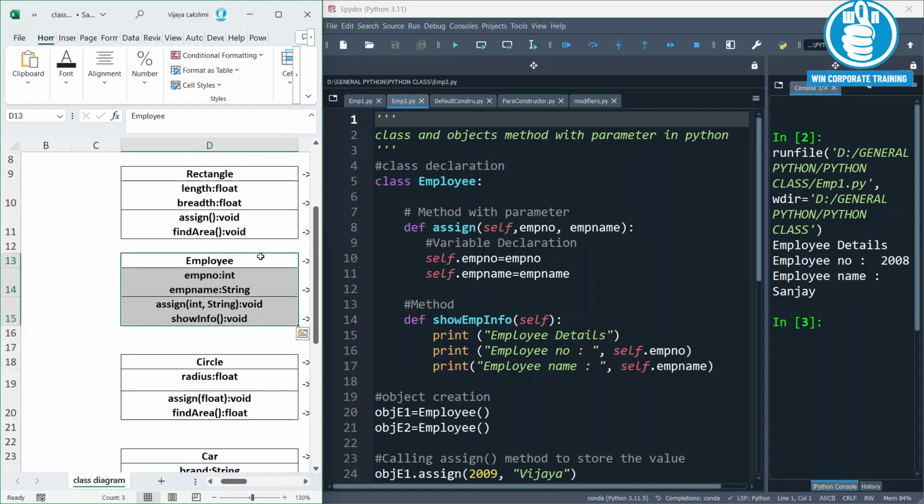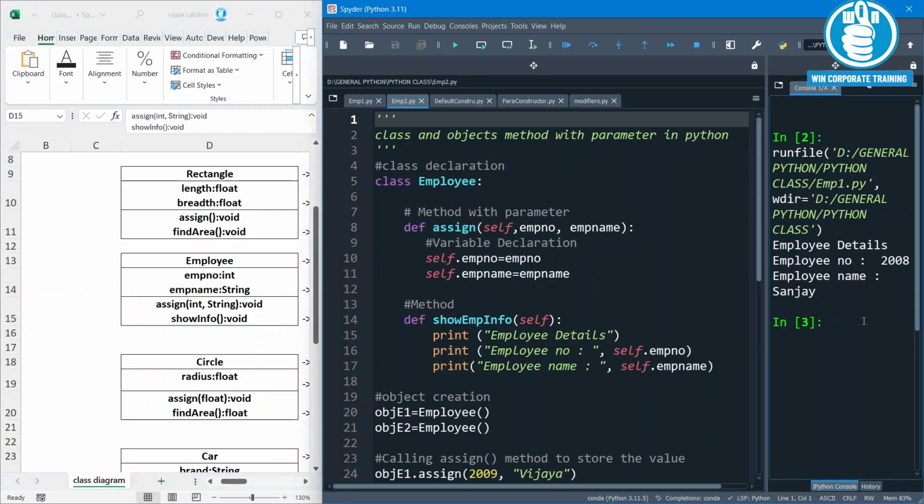Class name is employee. It has got two variables, emp number and emp name, and you have two methods over here. First method is assign, it is taking two parameters, int and string, and the second method is show info method, which is going to display the employee information at the console.